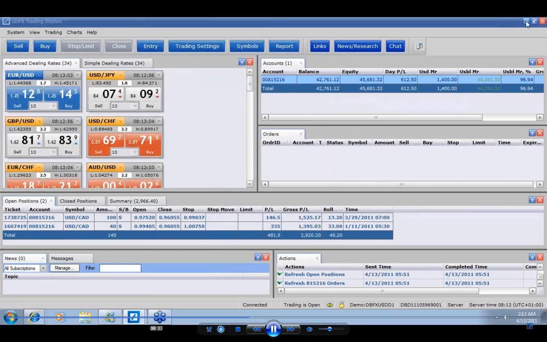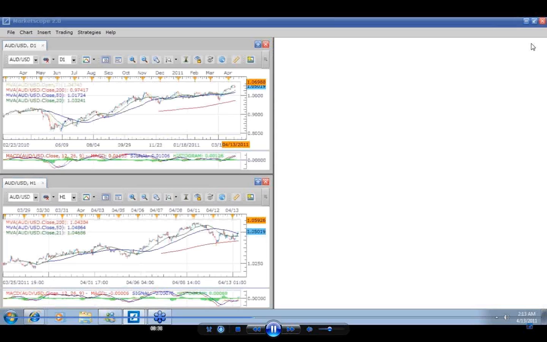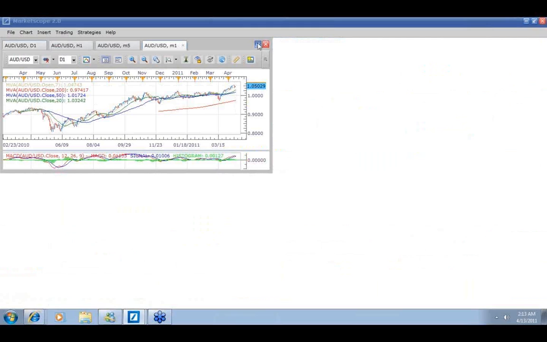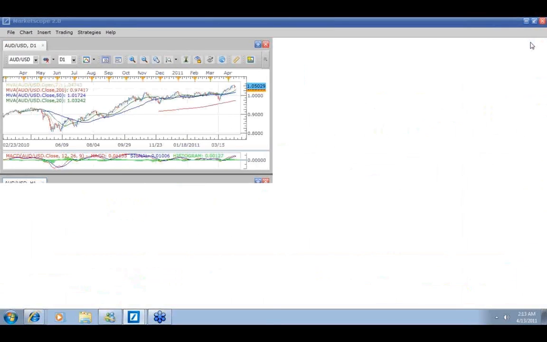As a short-term trader, the Australian dollar is doing all the right things right here. As you can see, it's been strengthening as we've been talking about it. On the daily chart it's in a bull mode, above all its moving averages, and you haven't had a crossover of your MACD, so that's still strong and has not crossed. So that's in a bull mode across the board.